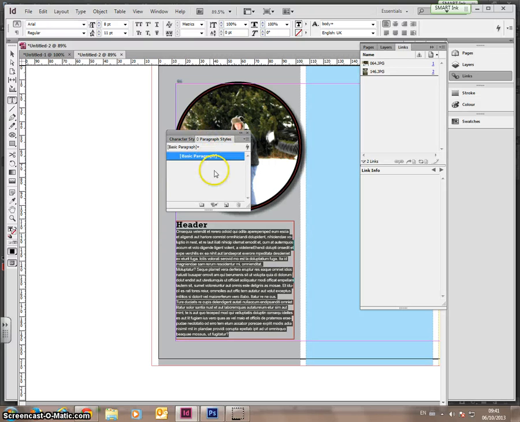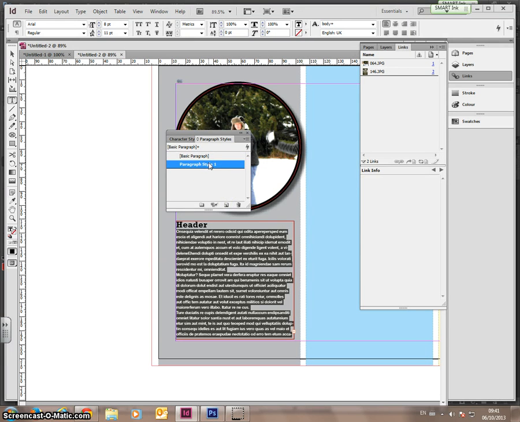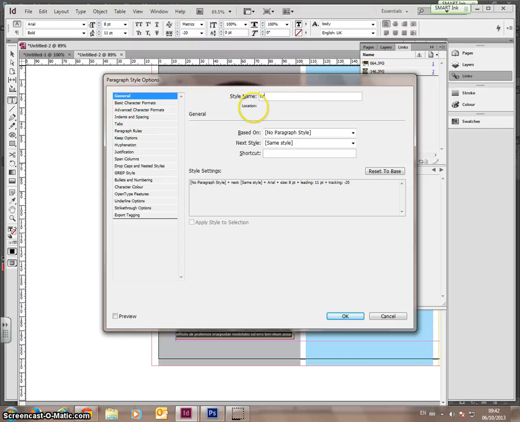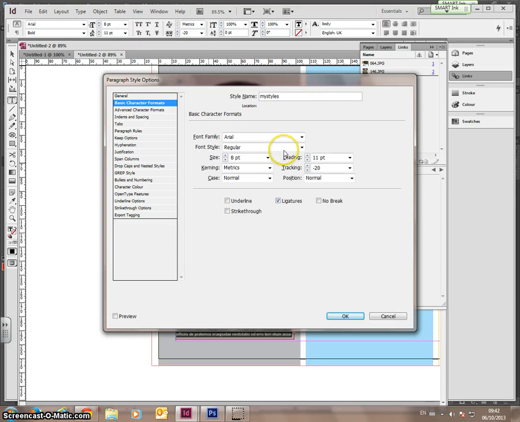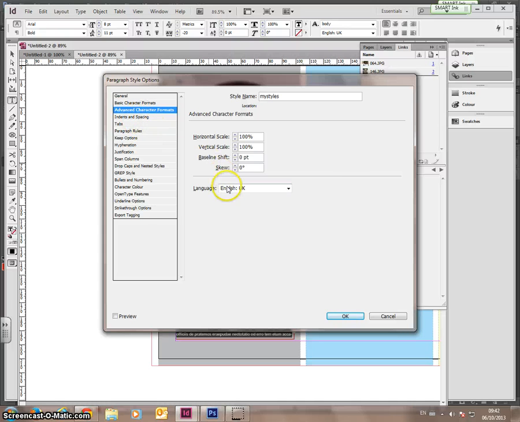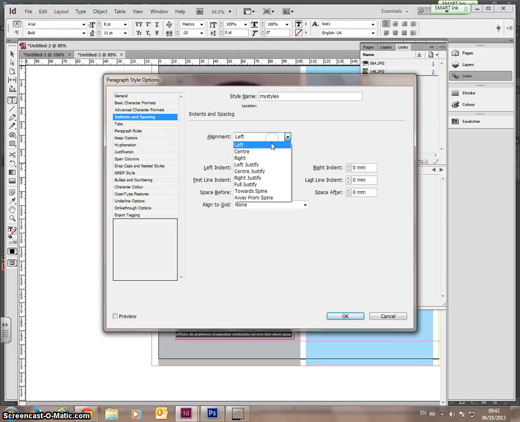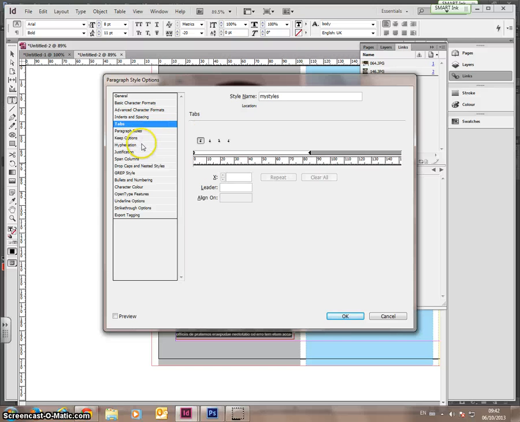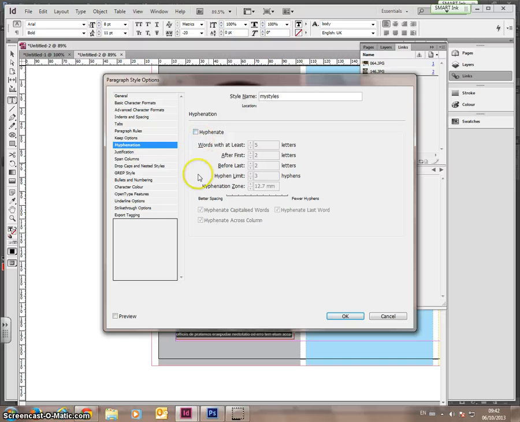You can also set up paragraph styles, which will do your aligning and lots more. Let's do that as well. Edit styles, and it's important that you give things names because if you're creating a large document and you don't do all those things, then you're going to get lost. So you can set your tracking, your leading, your line height. You can set your spelling, which is quite cool. Left alignment, right alignment, center. You can tabulate, you can hyphenate. So if you don't want anything hyphenated,